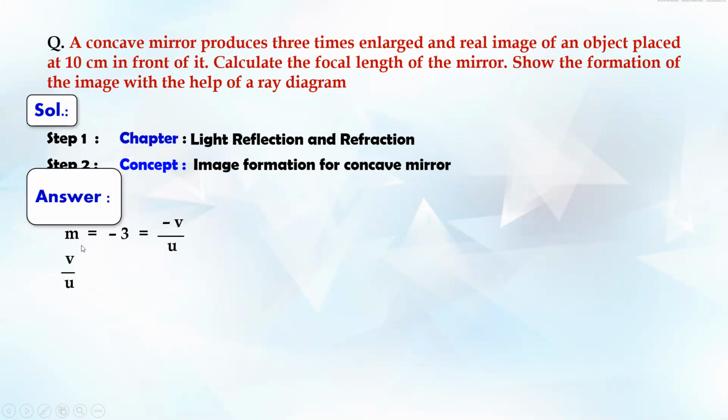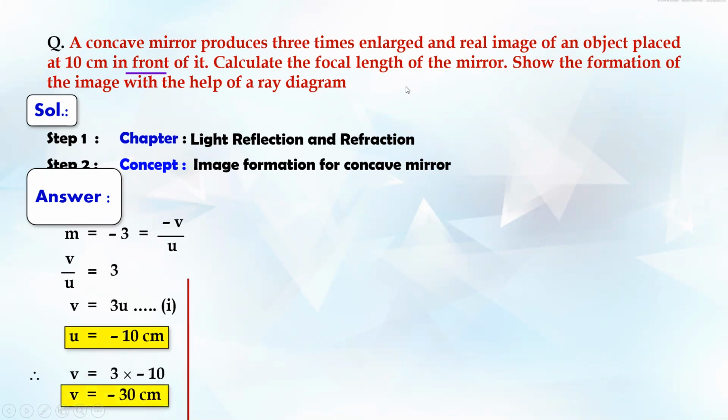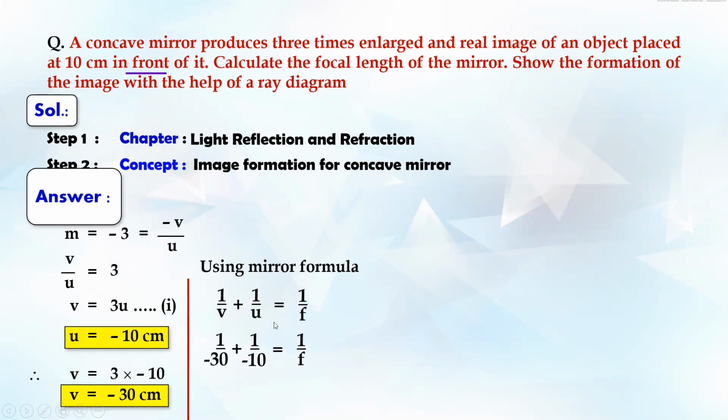So I can say, ये जो m का value है, since mirror formula is minus v upon u, इसमें से I can say u का value मालूम है, that is 10 over here, right? Minus minus cancels. So v is 3u, u is minus 10. If you see, u is always negative. So v का value आ जाएगा minus 30. तो v का value मिल गया. Find क्या करना है actually अपने को? We have to find the actual value of focal length, and we know the mirror formula. 1 upon v plus 1 upon u, 1 upon f. V का value मालूम है, u का value मालूम है, दोनों को add किया, I will get the value of f. On calculating, you get the value of f as 7.5 centimeter.